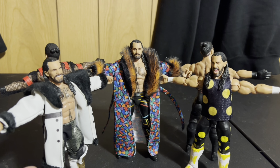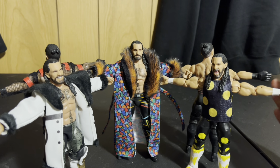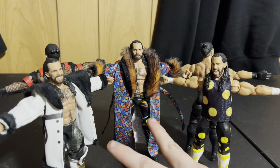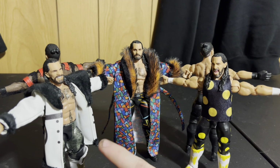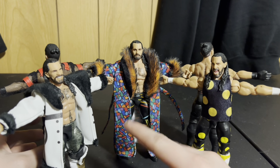Like, I love Seth Rollins, first off. But, dude, these figures are so good. Especially these two in particular. The Ultimate and the Elite 101 or Elite 99. It's one of those. I think it's Elite 99. They're great. You know, obviously the Messiah ones are good, and so is the top picks, but these two specifically,